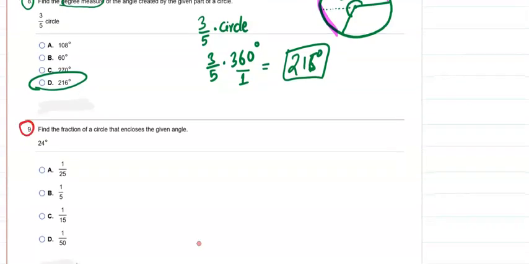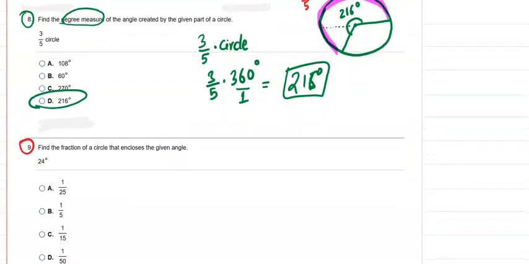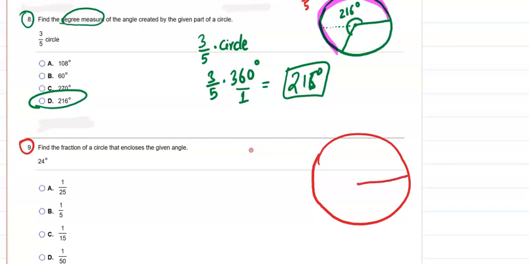Question number 9. This is the opposite of question number 8. Find the fraction of the circle that includes the given angle. The question is like this. This is the circle. Let's say this angle is 24 degrees. The question asks you how much